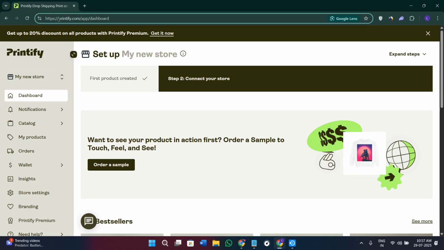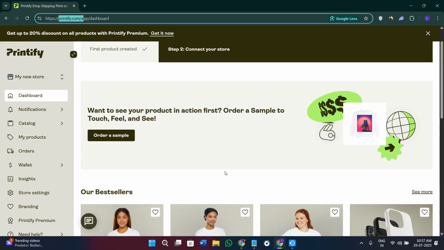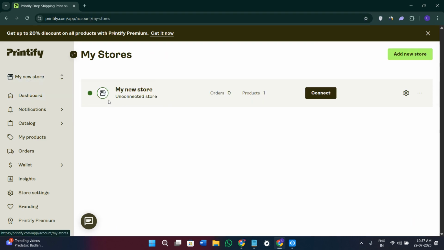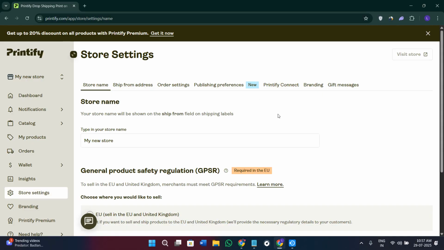First of all, you need to come on printify.com and then log in into your account. Now your Printify dashboard will look something like this. Over here, first of all, click on the option of My New Store. Here, simply click on the option of Manage My Store. Now, once you do this, you are going to see all of the stores that you have basically connected with